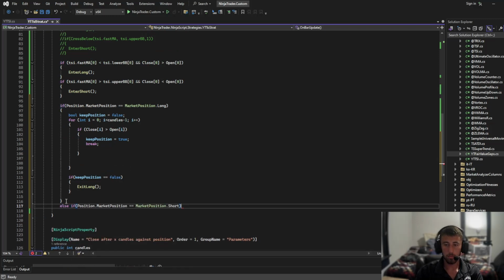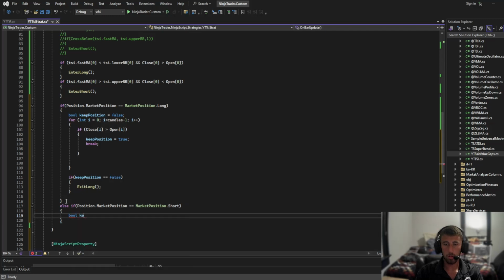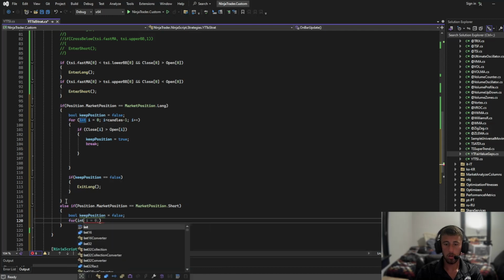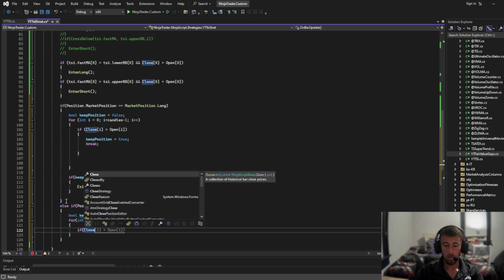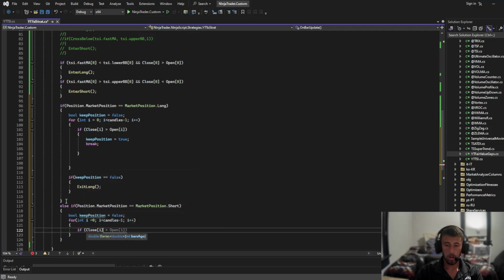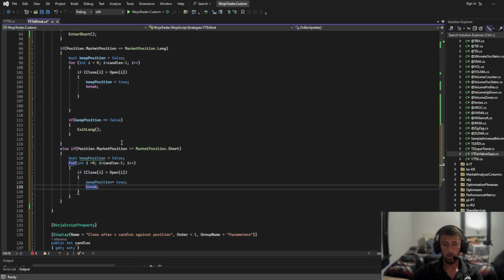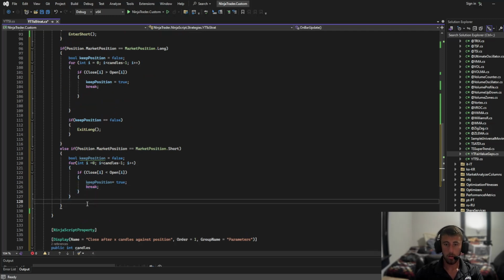Now let's just do it for the shorts. Close I less than open I, keep position equals true, and we break. And if keep position